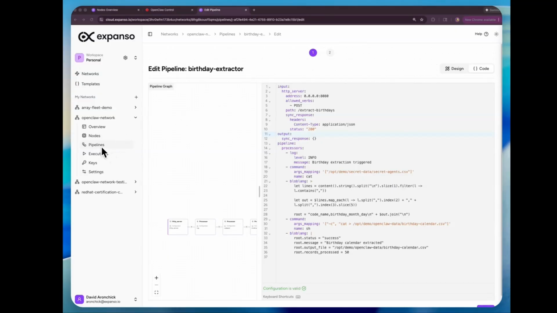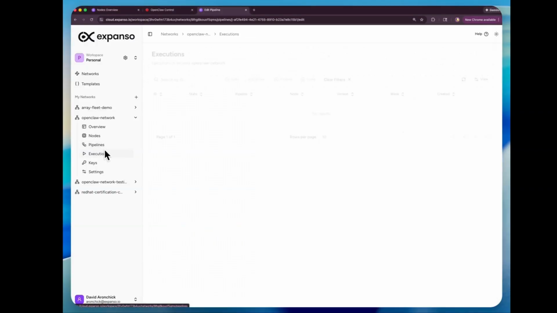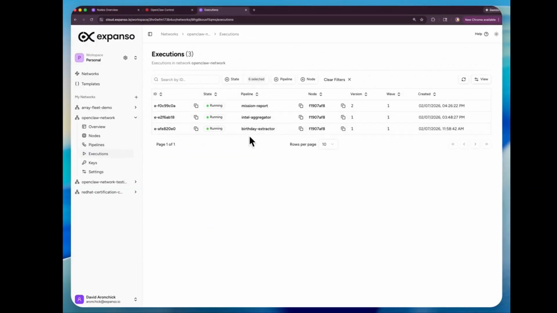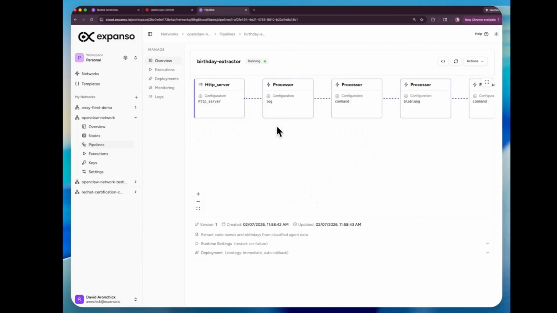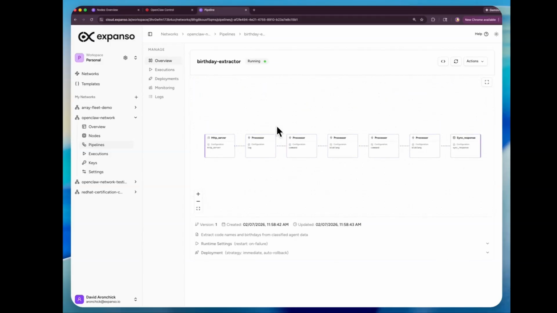And I should say, in addition to that, you also have a full history of all the things that OpenClaw has available. So if I go here and I click on Birthday Extractor, I can see what versions we're running, what executions we're running, what I've made available. I can look at that all in WYSIWYG and change things if I want to add fields or drop them. Again, these are things that we can do on behalf of OpenClaw. And so OpenClaw doesn't even have to know about your underlying information architecture. You could just tell it about this endpoint and it can go forward.